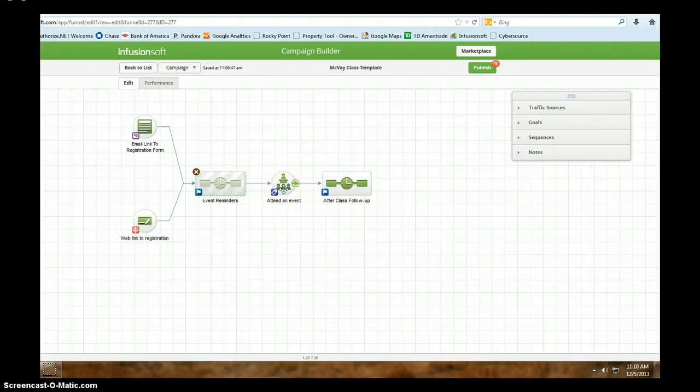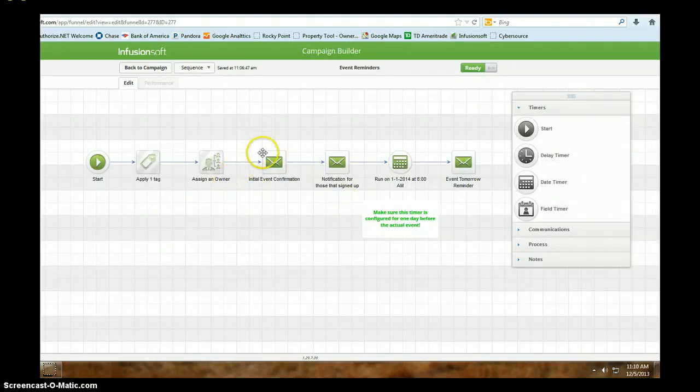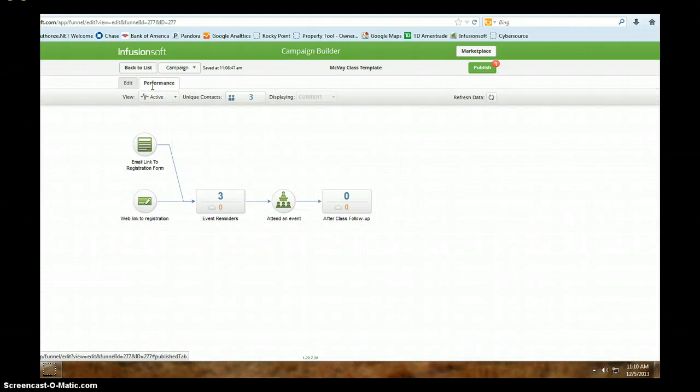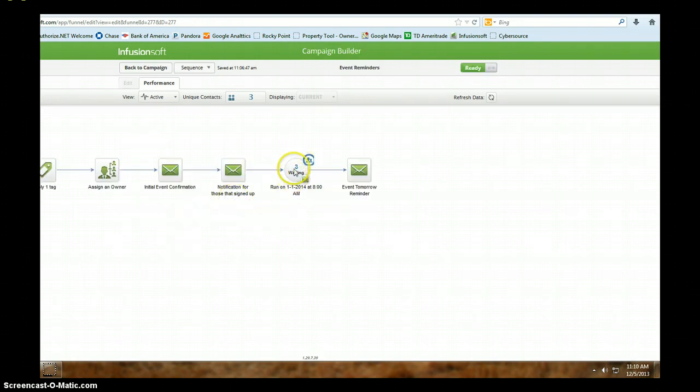Then the next thing that's going to happen is people are going to go to class. I just want to show you one more thing here. As people move through the campaign, there'll be numbers here indicating there's people pending, or there's progress. So we'll see here, I've got 3 tests in here, but it hasn't got to the date of the event yet. So it'll show me that I've got 3 people waiting to get to the reminder email